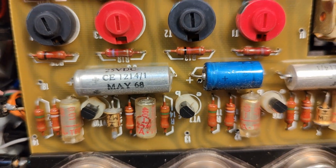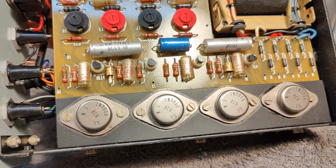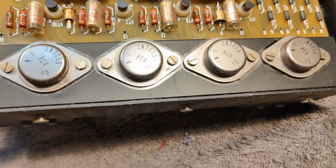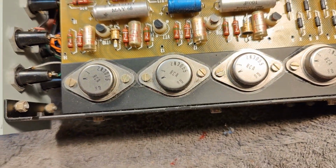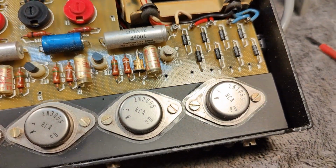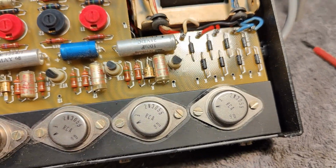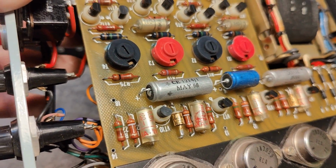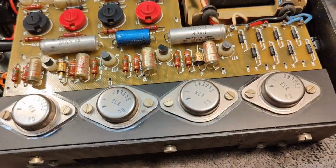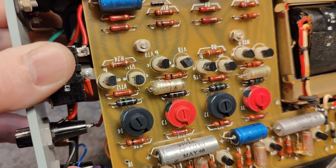May 68. So now we have a good guess about the age of this module. So it is really that old. And that will be all the 4 power supplies they are really using, 3055s. And all those diodes, that will be the rectifiers, variable outputs and everything. But I don't see any leaked components anywhere, and no brown or blown up